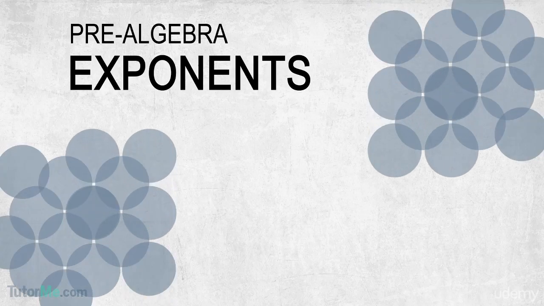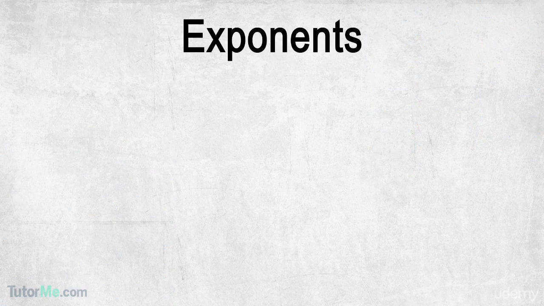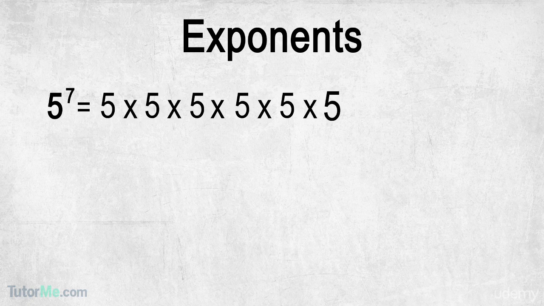Exponents. Exponents are an abbreviated way of writing how many times a number is multiplied by itself. So 5 to the 7th means 5 multiplied by 5 7 times. Or to be technical, 5 times 5 times 5 times 5 times 5 times 5 times 5. Which, as you know, is